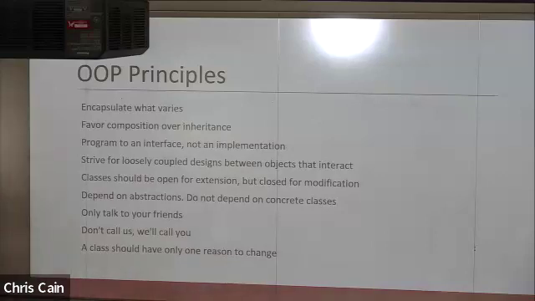Out of curiosity, for the collection, so were you able to pass in the function pointer for the